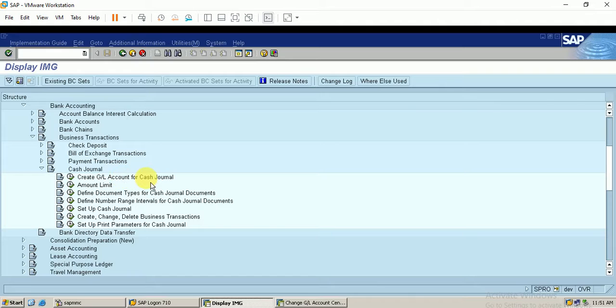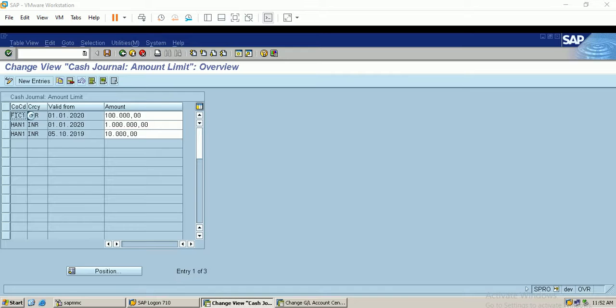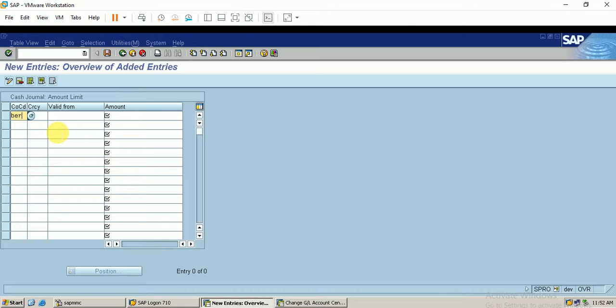That is the first step: I've created a new account for my cash journal. The second step is the amount limit. We can maintain an amount limit for my cash journal. If I make a new entry, I can maintain it for my company code and valid from today's date.